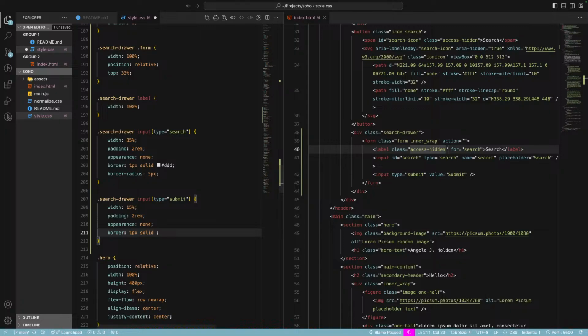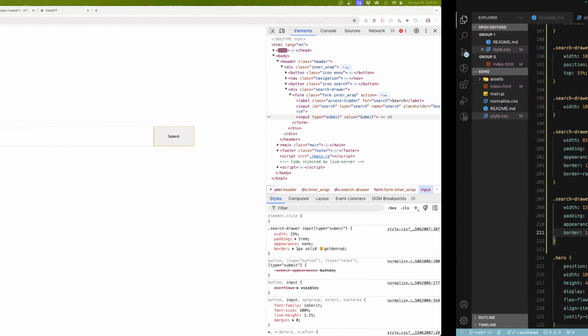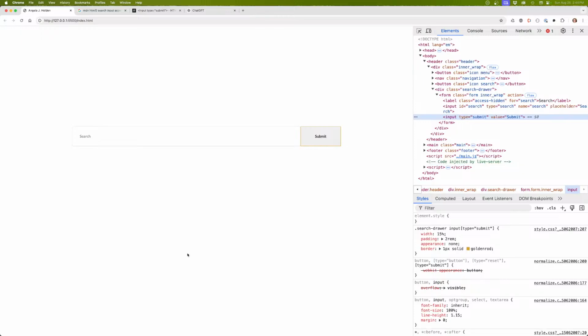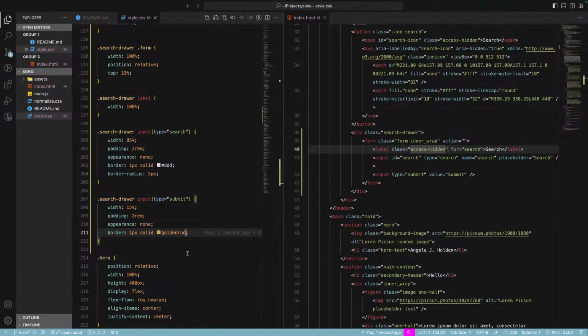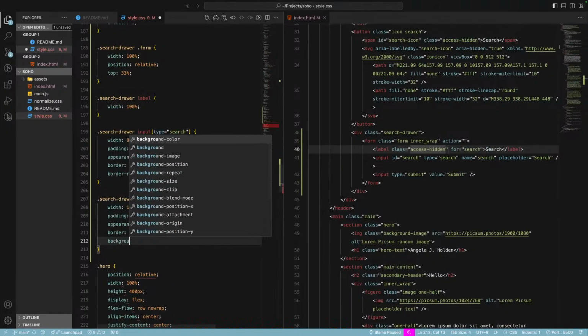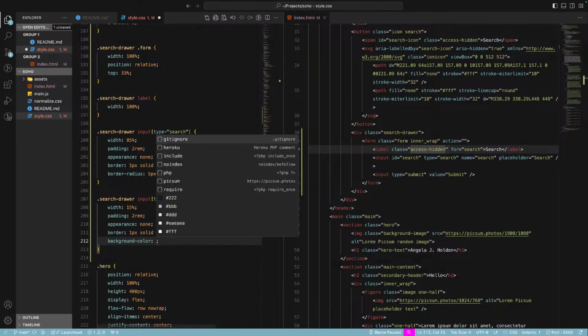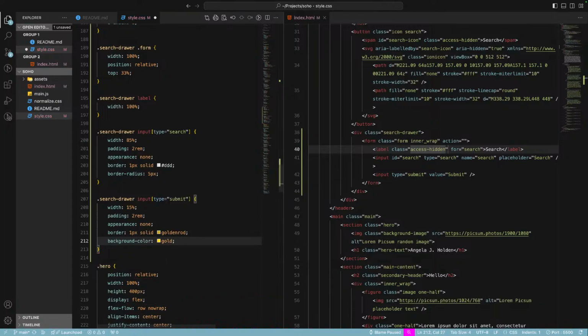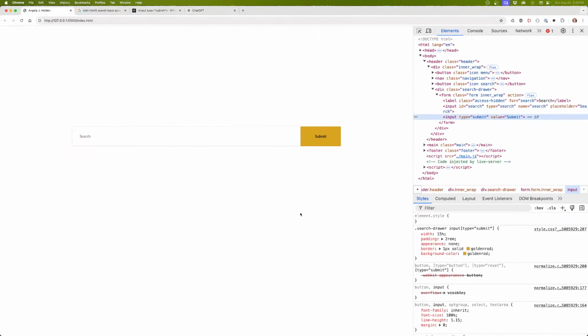I don't know. Oh, I think we have, I mean, what's our official accent color for this site? I kind of like the goldenrod. Yeah, I do. So let's make the border, let's also make the background color goldenrod. And then we'll make the, well, the color, we should probably keep the color as,